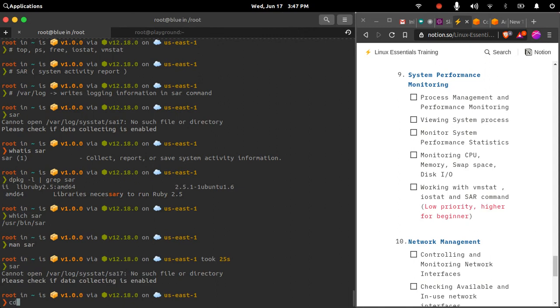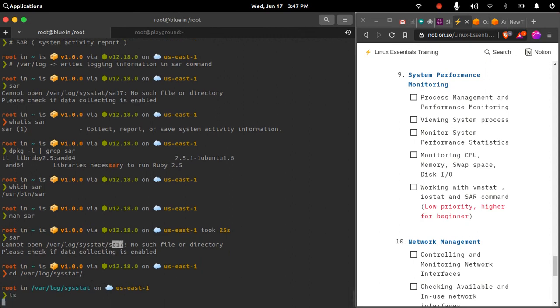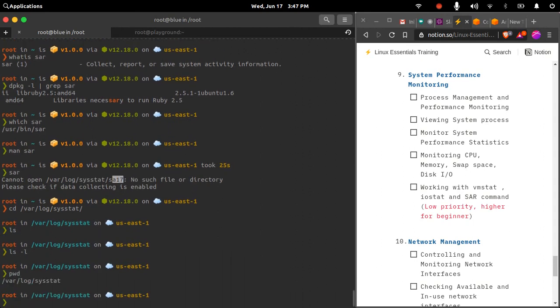Okay, so it is complaining that there is no such file or directory. If we go there, the sysstat directory is present, but there is no file called SA17. So let us do ls. Indeed, there is no file, it is empty. So the folder is empty, that's why it is complaining, and it is not able to collect the